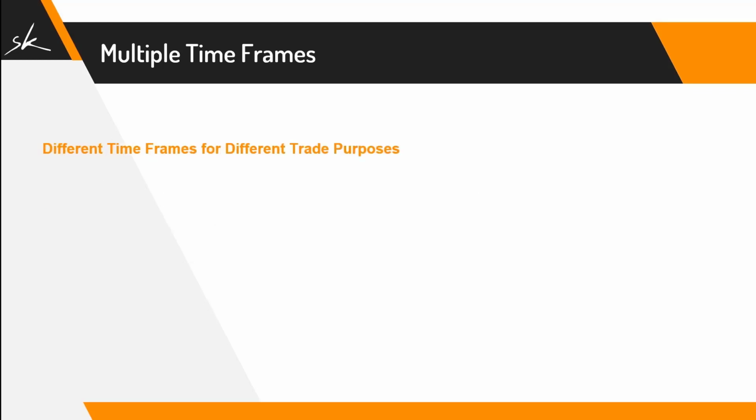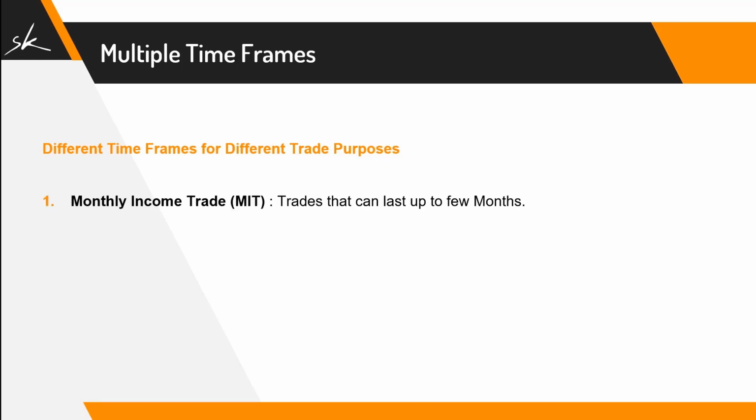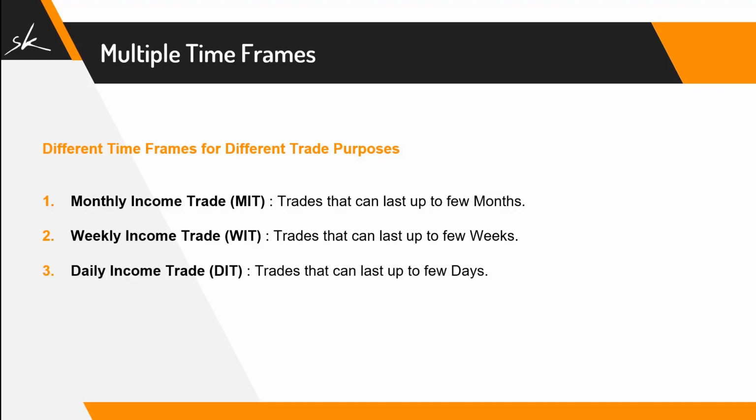We will be using different time frames for different trade purposes. In this course, we will cover different trading styles. We call them monthly income trade or MIT. This is a trade which can last up to a few months. Weekly income trade or WIT. This is a trade which can last up to a few weeks. Daily income trade or DIT. This is a trade that can last up to a few days. And hourly income trade or HIT. This is a trade that can last up to